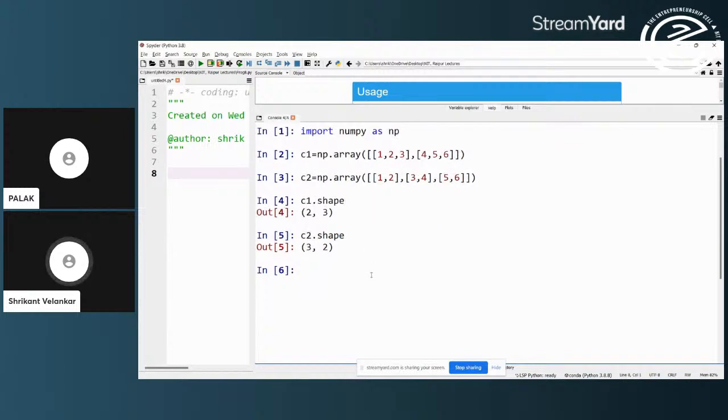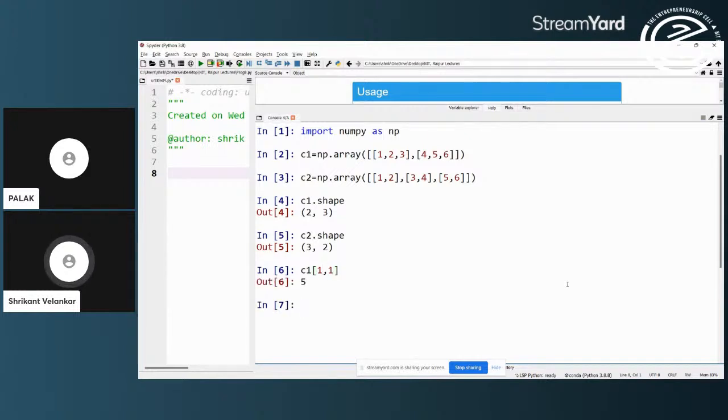Now the question is, can I access a particular element of an array? The answer to that is yes. It is very similar to lists, or essentially a list inside a list. So I have to say C1. The only difference is that I don't have to write it in two square brackets. Instead, I can write in a more conventional way like this.